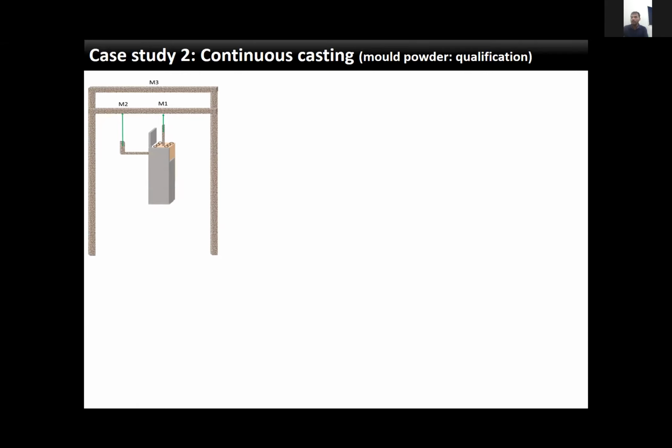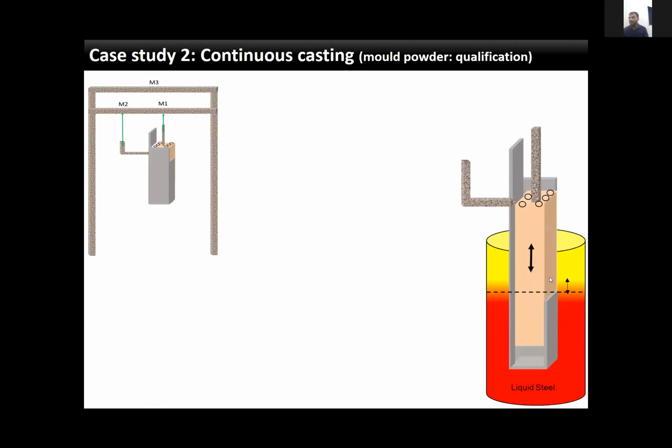Let us see in a couple of minutes how this velocity is simulated for casting. And the motor M3 is basically to move the whole setup up and down for simulation purposes. So here in the pictorial view, you can see this is the liquid steel, and initially you have to dip the setup, and you have to maintain the meniscus of the liquid steel and the mold powder exactly in this half covered phase. The meniscus has to lie on this half covered portion. This portion of the steel shell will act as a dummy bar in your industry. It will simulate the dummy bar role.